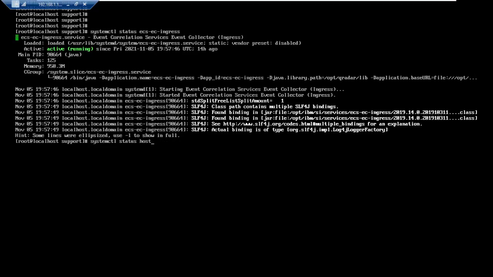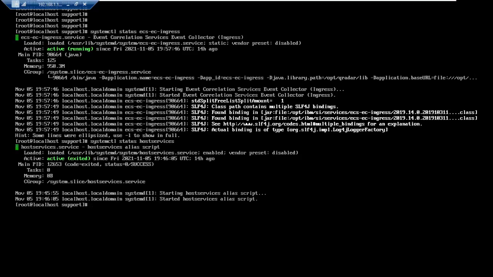host services. Here, if it is exited, or you find it is not properly configured, that means your Ariel database is not working properly. Continuously getting. So